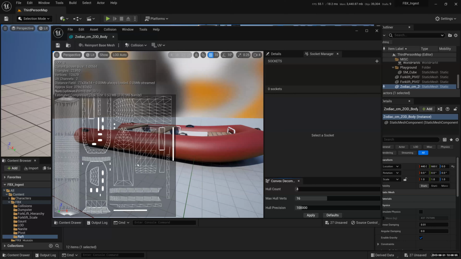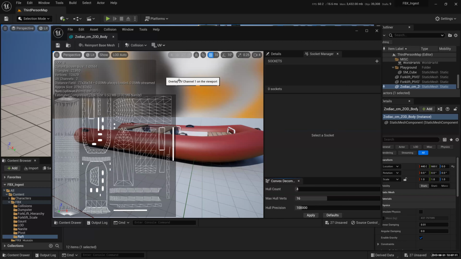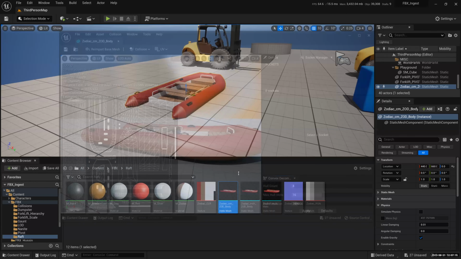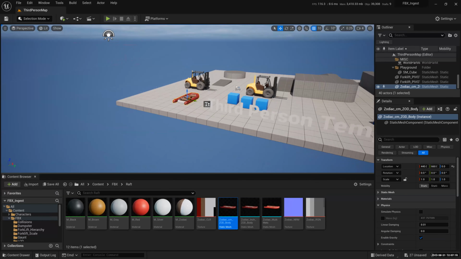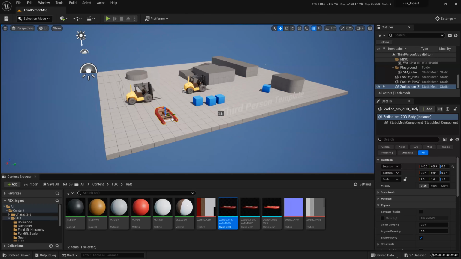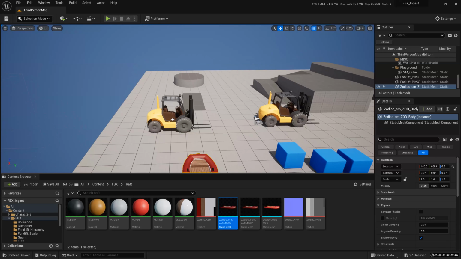Light map UVs cannot collide. If they collide, you're going to have problems with lighting later on. UV channel maps for textures can collide, no issue. I can put one UV map overlapping another UV map. It's not an issue. But light map cannot, right? So a light map can be created for you automatically by the import dialog box that we had earlier. All right, guys, that's about it for today. So now you have an idea of how to import meshes, although we did a very simple method, but that's how it works. That's how you import stuff into Unreal Engine, the FBX, even from Maya.